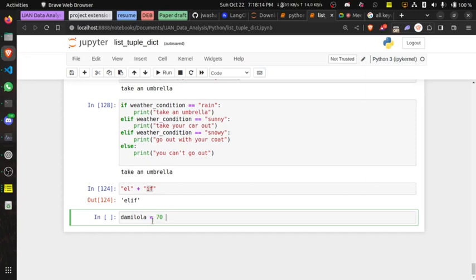So 80 and above A, 70 to 79 B, 60 to 69 C, 50 to 59 that would be D, right? Then 40 to 49 would be E, and anything lower than 40, you can have minus actually, but let's say we want to have just zero, 0 to 39, then you are going to have an F automatically.